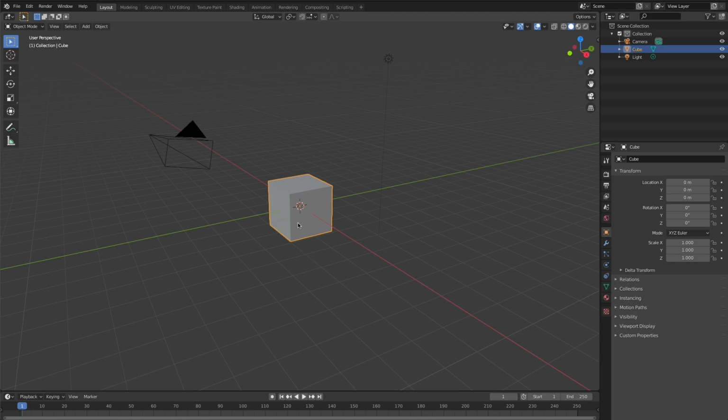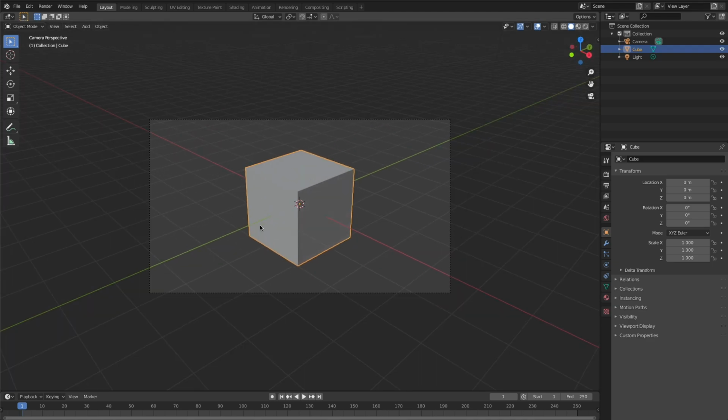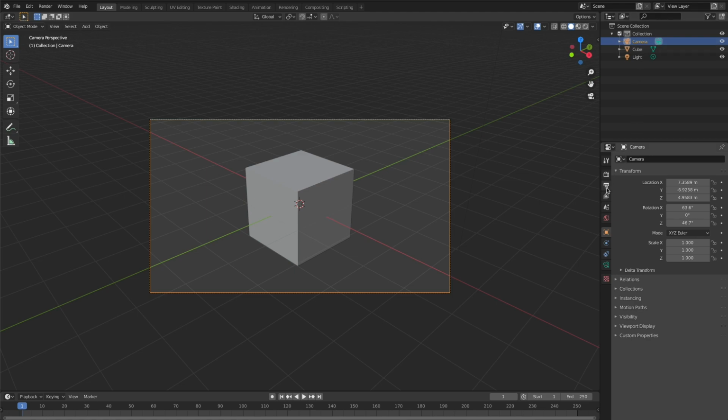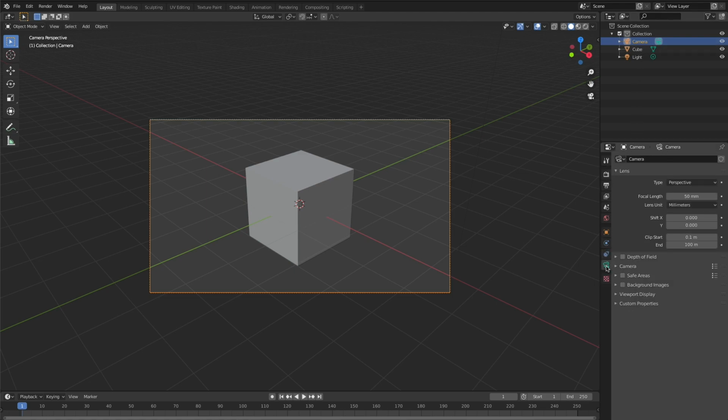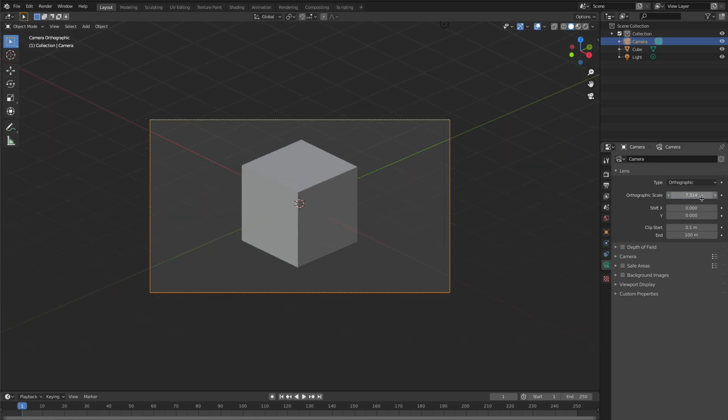Hit escape. If I hit the tilde key, it brings up this radial menu, and I can switch my view to what the camera is seeing. So here you'll see the camera is actually a perspective camera. There is foreshortening, right? These lines converge at a vanishing point. If I wanted to change that, I could go to the camera object, and over here on the right-hand side, go into the camera settings, and change it from a perspective camera to an orthographic camera. That is the type of camera you need for